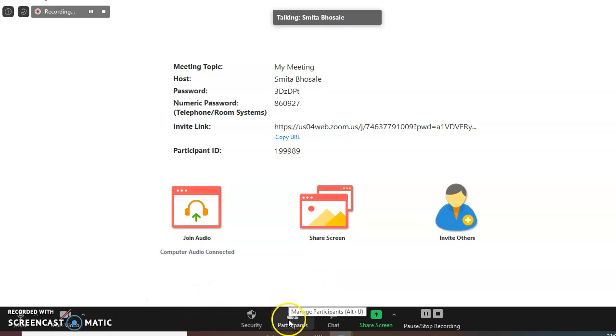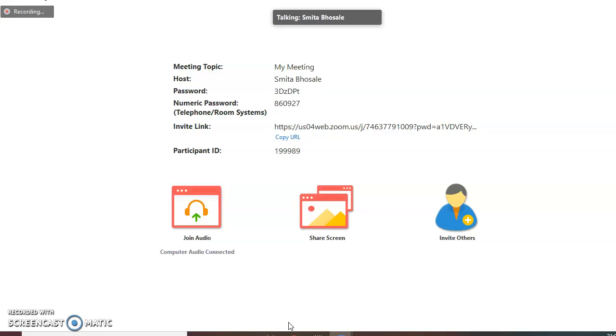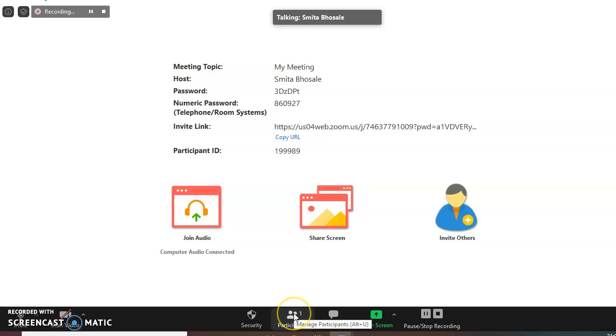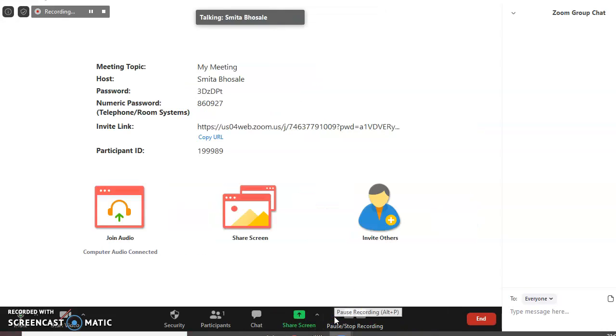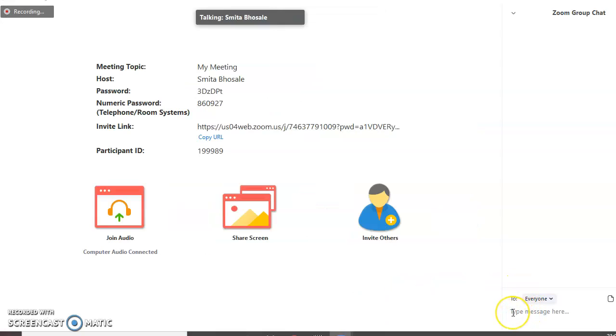Now here in participants you will come to know the number of participants in your meeting. So you will have an idea how many participants are in your meeting. Here is the chat box. So this is the chat option. You can write into the chat box, and the message will go to everyone, or you can also select here the option to send the message individually or group-wise.